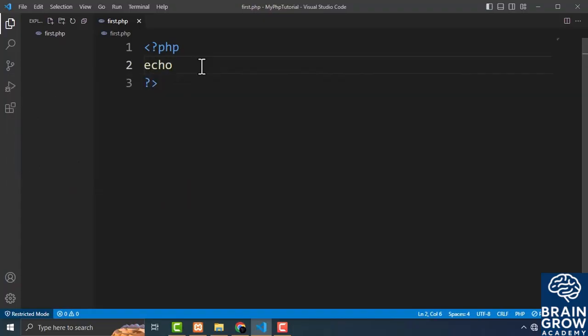So let's just type the echo, and now I'm just using the single quotes to create my strings. And now inside this single quoted string, if I want another single quote here inside it like this, now it will just not allow me to enter it. As you can see, it is an invalid string. So now if I type it's